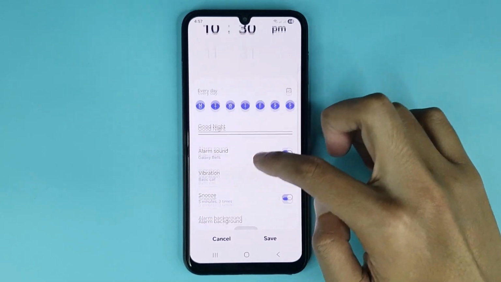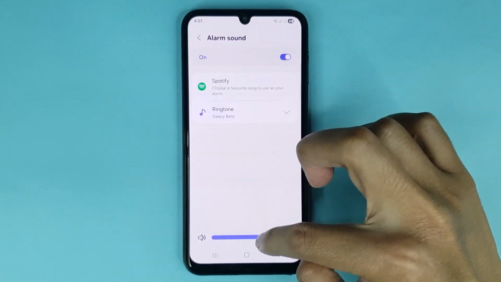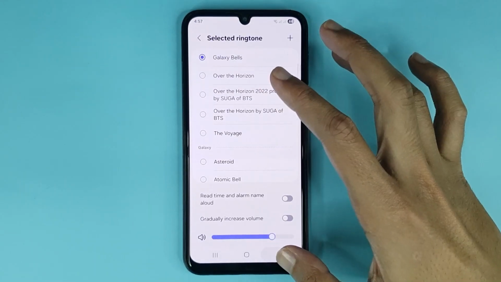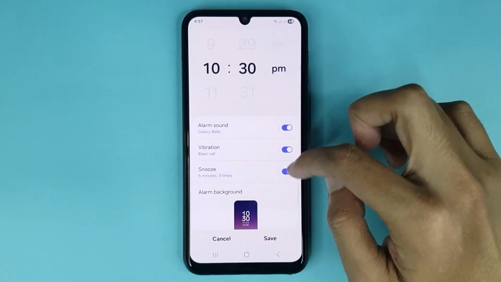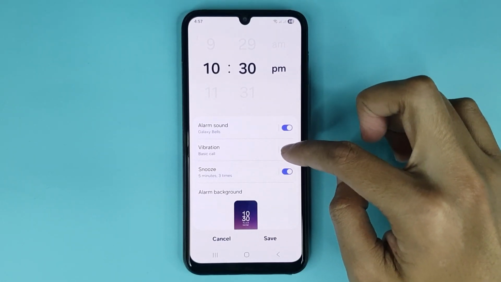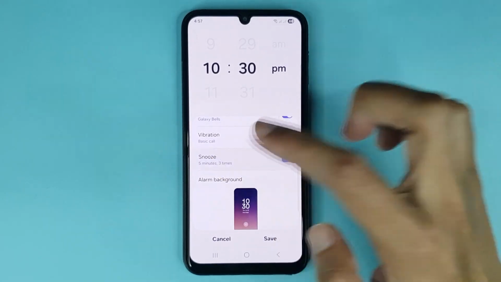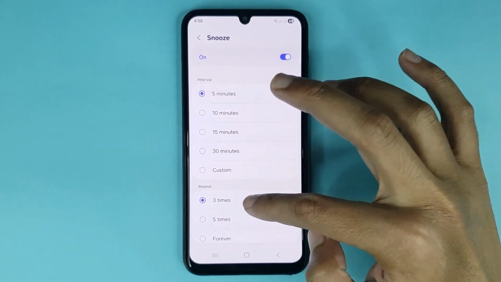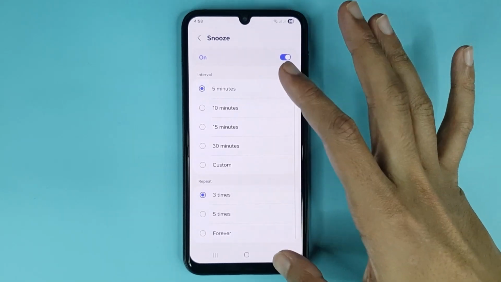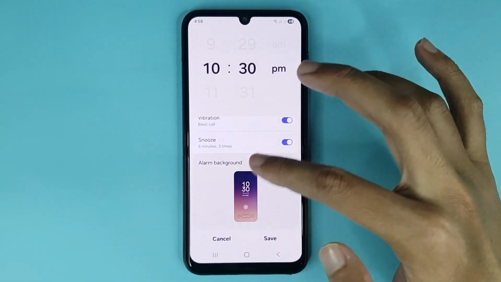After that, set your alarm sound from here. Choose any ringtone, then increase or decrease your alarm volume. From here you can enable or disable your vibration and set snooze. You can set any duration as you want. If I select 5 minutes and repeat 3 times and then go back, then scroll down, and from here you